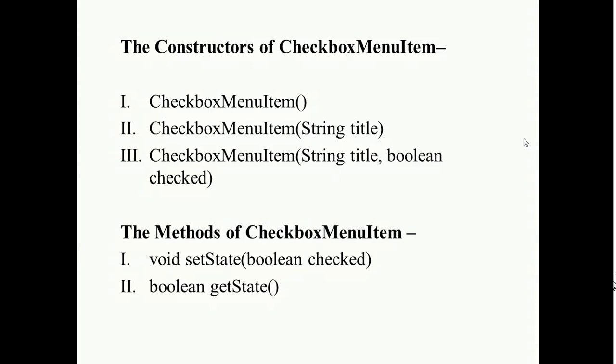Means simply the add method is used to add the particular menu into the menu bar, and also the add method is used to add the menu items into the specific menu. And also menu bar supports nested menu items, means a menu item can be added to another menu item by using the add method. Let us see one example of the menu bar and menu items.